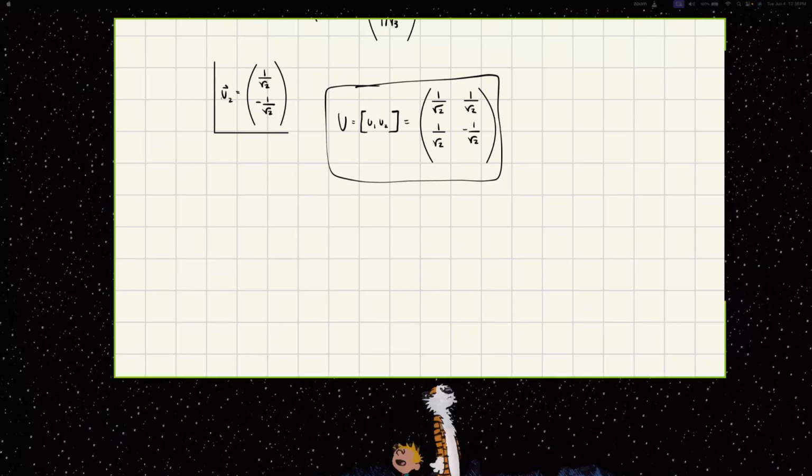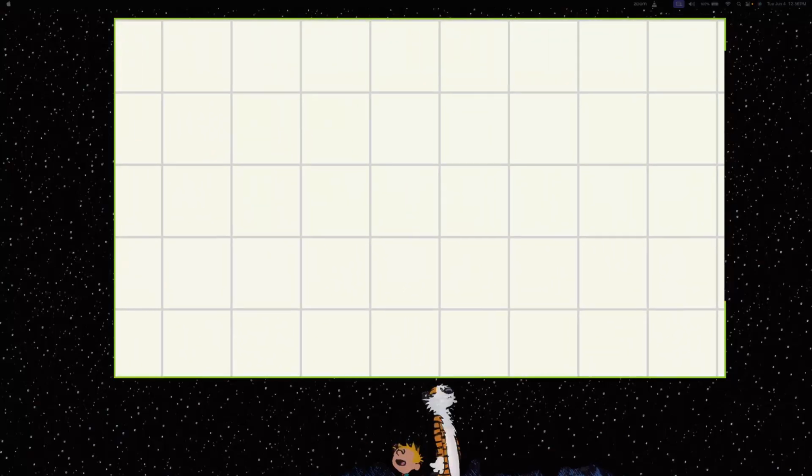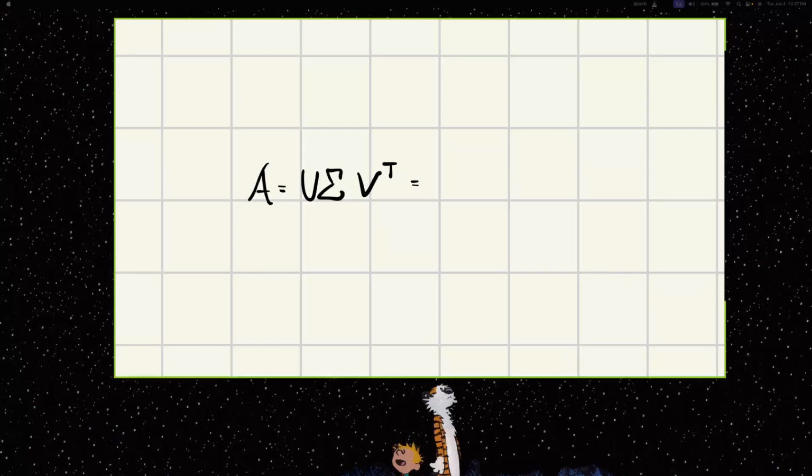And the best way to check this, or not, I wouldn't say it's the best way maybe, but it's the easiest way, is, of course, if we were finding a decomposition U sigma V transpose, once we find our matrices U, sigma, and V transpose, we could just multiply all three together and we should yield our original matrix. And in this case, we do get that. So we found U, so 1 over square root of 2, 1 over square root of 2, 1 over square root of 2, negative 1 over square root of 2,